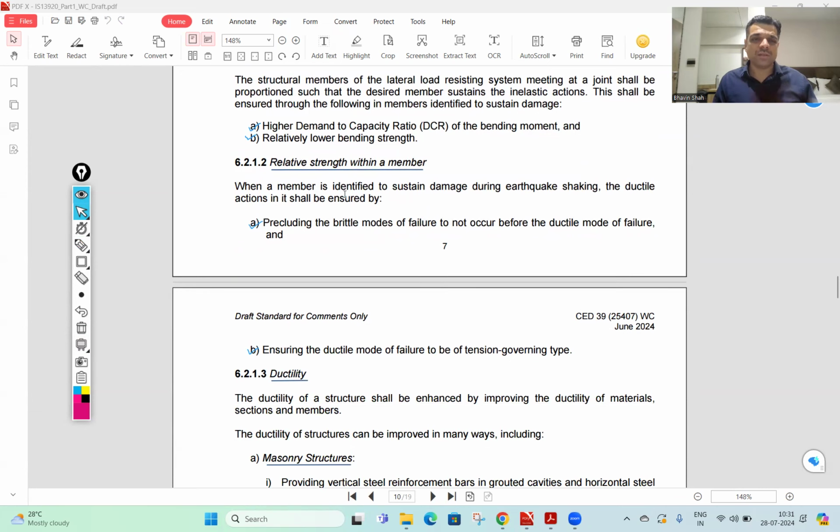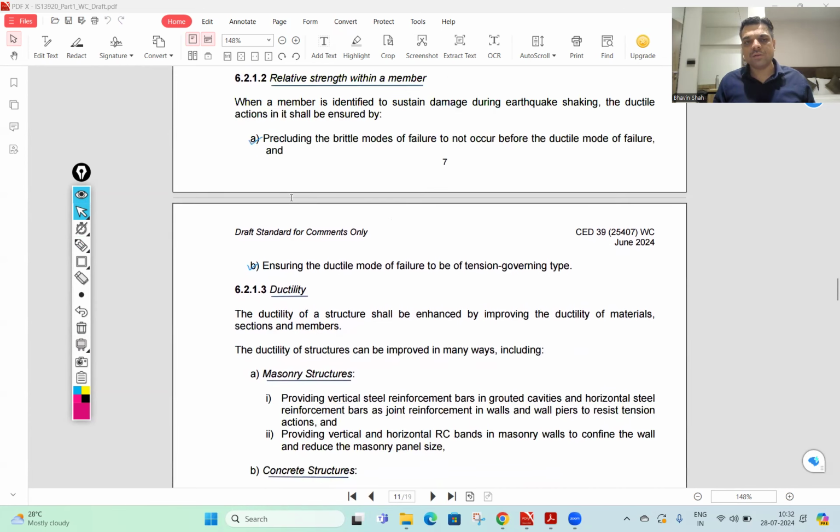Relative strength within a member. So when a member is identified to sustain damage during earthquake shaking, the ductile action shall be ensured by precluding the brittle modes of failure, right? So the brittle mode shall not occur before the ductile mode, and ensuring that the ductile mode of failure to be